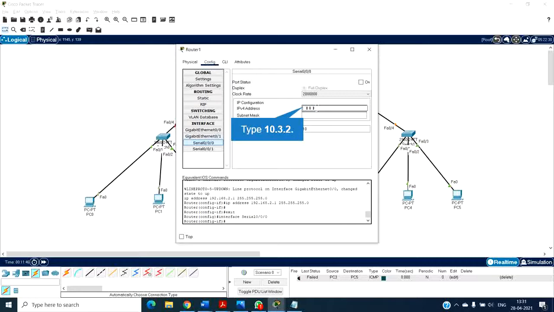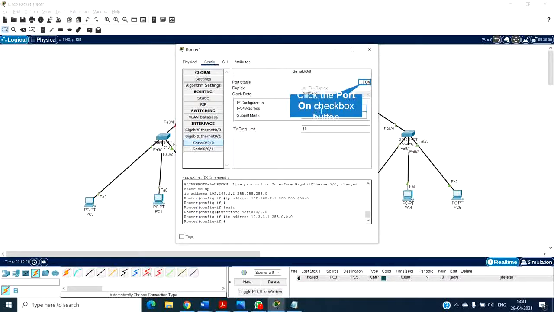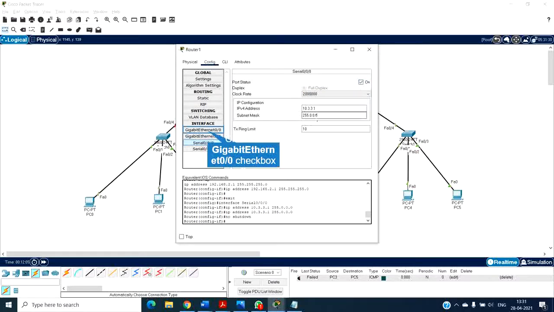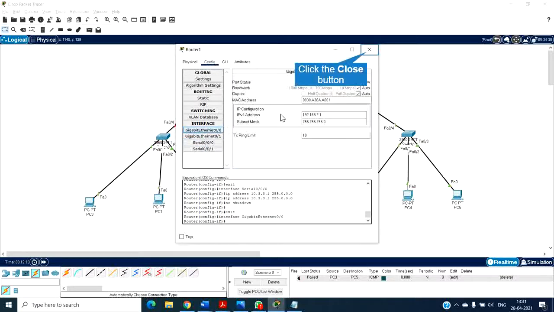I'm trying to establish two different classes talking to each other, so I'm going to have a serial port which will have a class A IP address. See the subnet mask. Here the subnet mask is 255 alone. It is not 255.255.255.0 as in Giga Ethernet, where you can see the 3 octets getting populated. Okay, so that's the difference here.